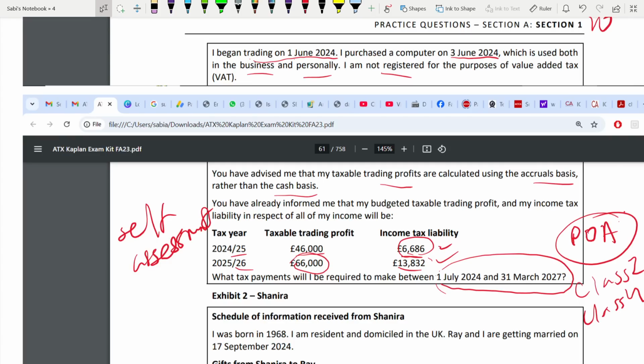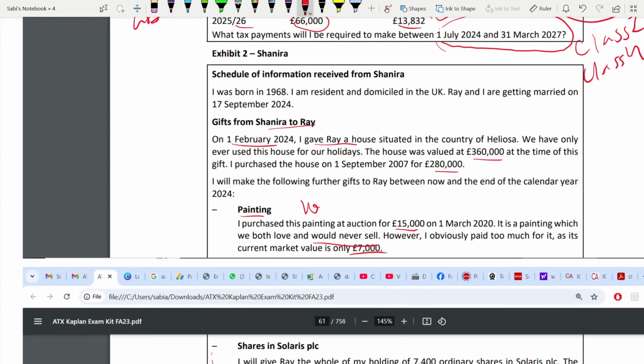Okay, so two things candidates should have recognized here. First one, painting. Regarding painting, this is at a loss, so it should be given before the wedding for you to utilize the loss against the gain. Number one is this. Second,